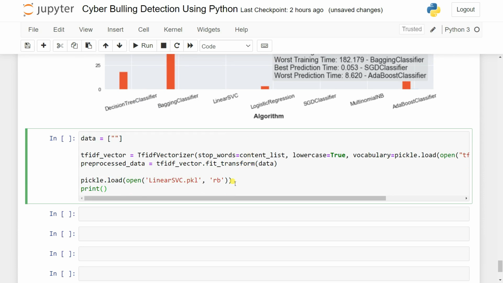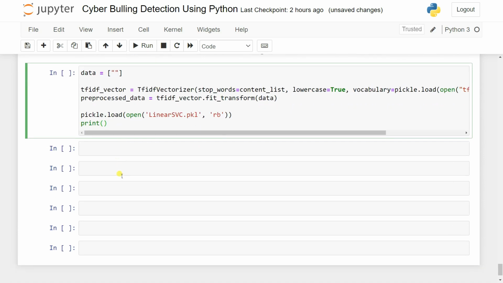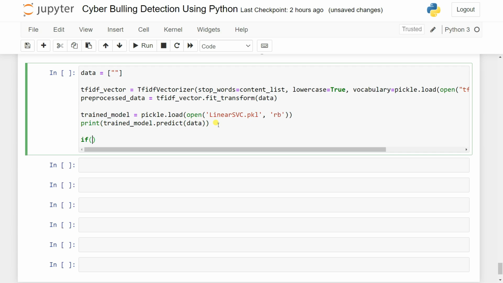Let's say print here. What you can print here is the trained model, I mean my model. That's my trained model, so we can copy this out. Let's say trained model dot predict inside my data. Now, if my train model dot predict